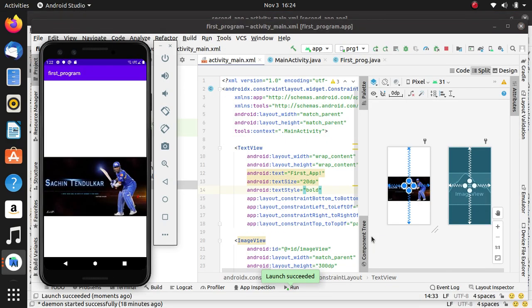Yes, this is the program we have created, our first program, with the image of Sachin Tendulkar, and this is the Android application. So thank you very much.